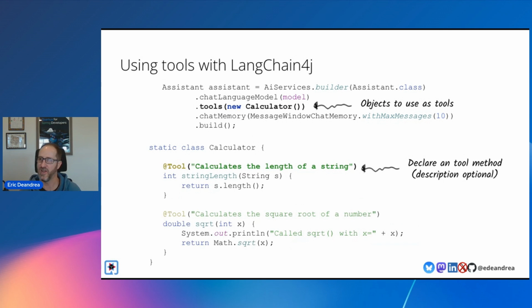With LangChain4j, it's actually pretty easy. You would use this AI assistant. You would build your assistant. You declare the tools as a class, and that class looks like just a class with different methods. Then for the different methods, you can describe what they do, and you can even describe the parameters. Saying string S here probably isn't a good example, because the language model isn't really going to understand what S is.